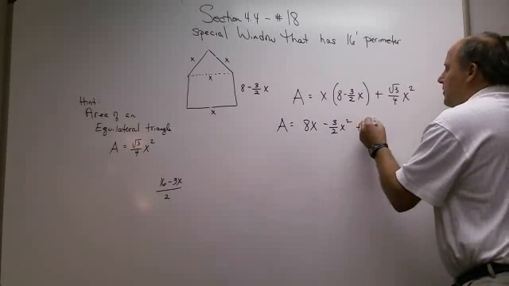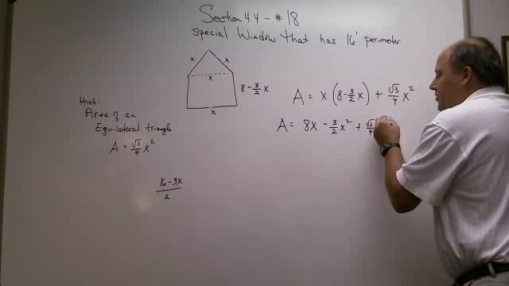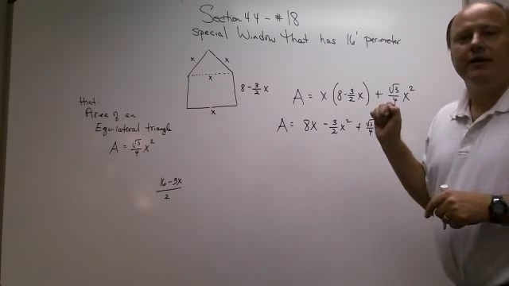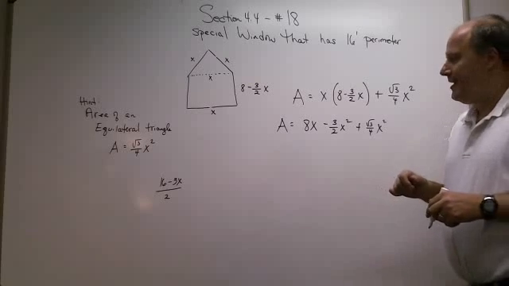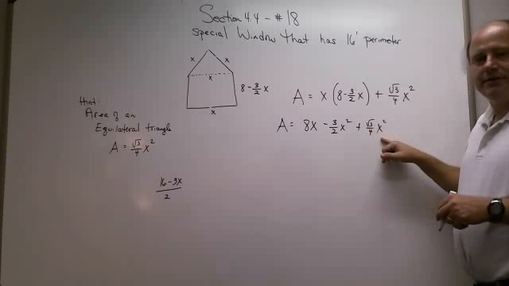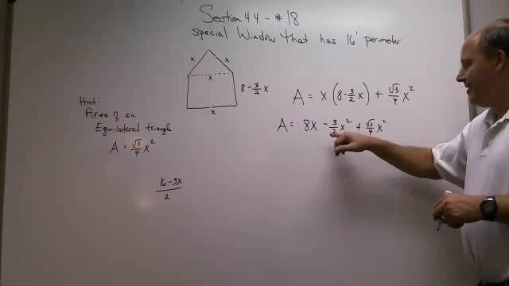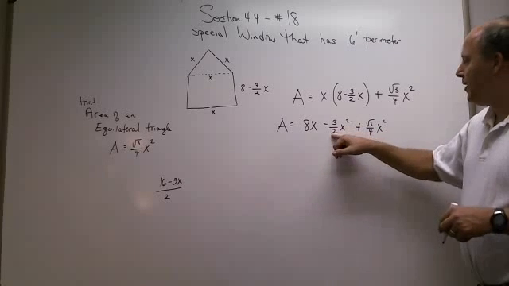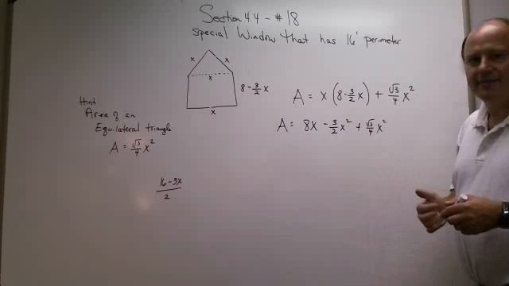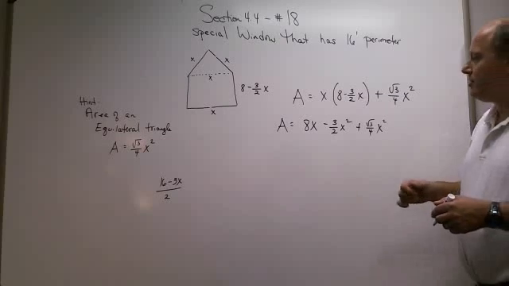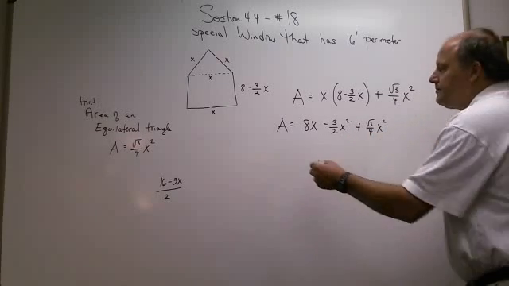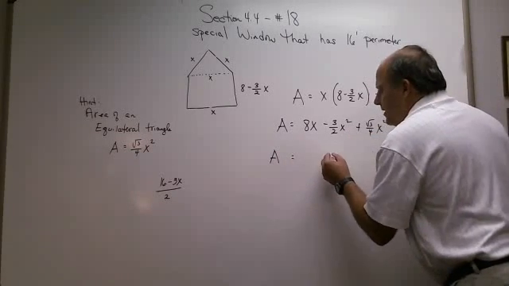And then plus the square root of 3 over 4x squared. So obviously we've got the x squared going on, and so it is quadratic. The problem is there's 2 x squareds, and they're not nice numbers in the front. So it's not like 2x squared plus 3x squared, where I can just add them up and get 5x squared. So here they are, x squareds, but what I'm going to have to do is